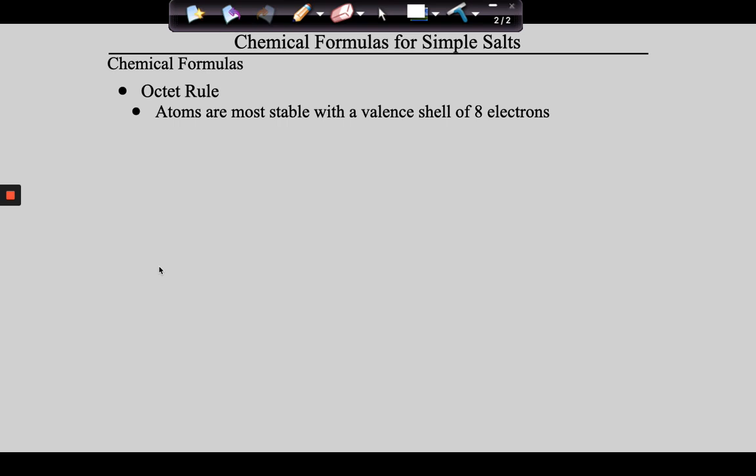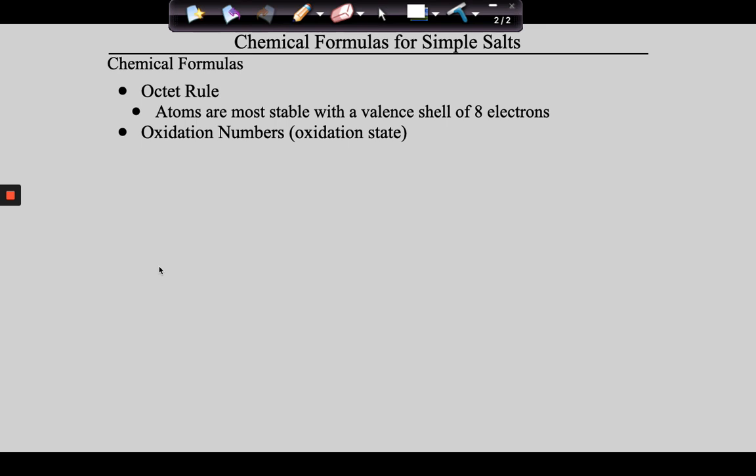So guys, here's where we are. We know that when atoms bond together, they want to get 8 valence electrons. That's called the octet rule. But when they gain and lose electrons in order to get 8, they take on charges. So the idea is we need to talk about something called oxidation numbers. Guys, this is important that you get this written down. So oxidation numbers